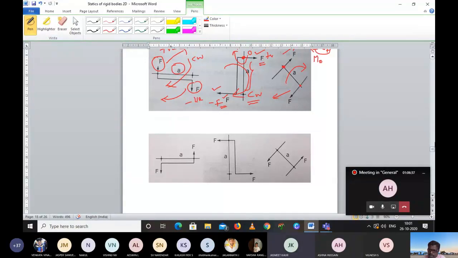Otherwise upward and downward, same thing only. Here, the same condition, it is acting upwards and it is acting downwards. Obviously it is rotating in a turning effect, counterclockwise. Same here also, left and right, counterclockwise. And here also you see right and left, so I am taking this as counterclockwise. Any doubt here? If you understand the first one, the second one will be easy. Is it correct? Yes, sir. Okay, fine.